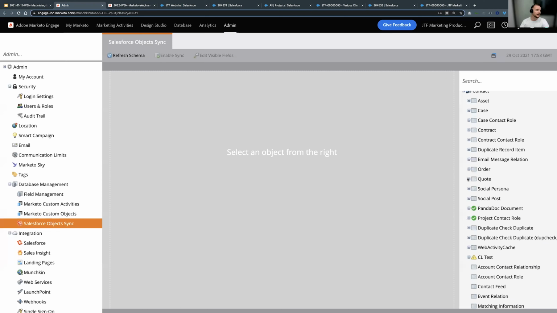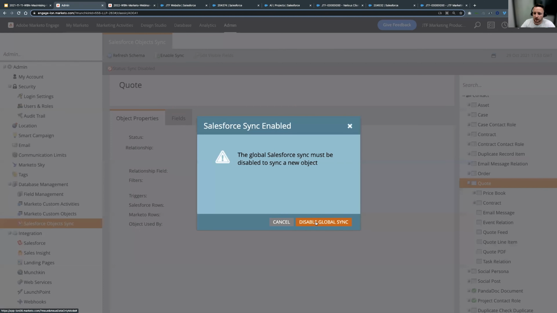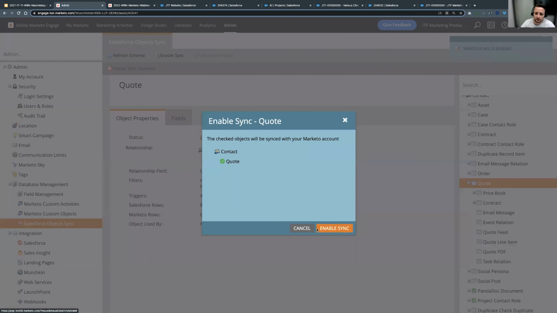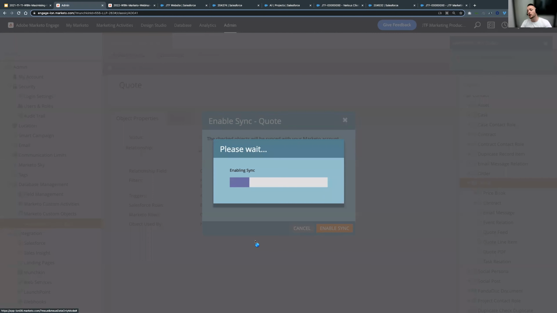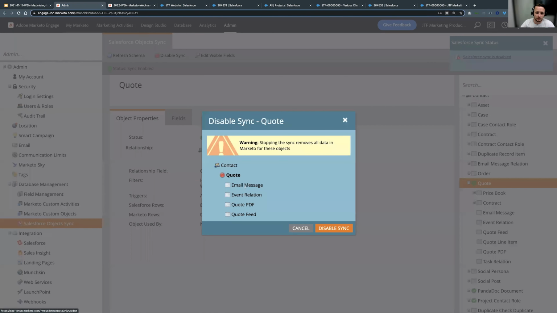So for example, let's say in a very vanilla world of Salesforce, we want to bring in our quote object because we want to pull in the relevant information. We must first disable the sync of our global sync and then enable the sync of that object. That means any of the quotes within Salesforce will now start to bring into Marketo, and we can start to use the information that's part of that. Now, I am just going to disable that,